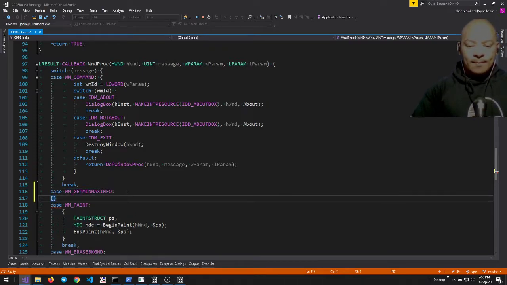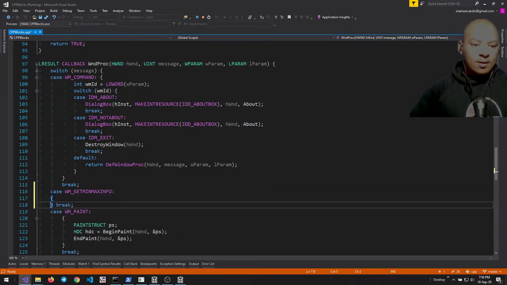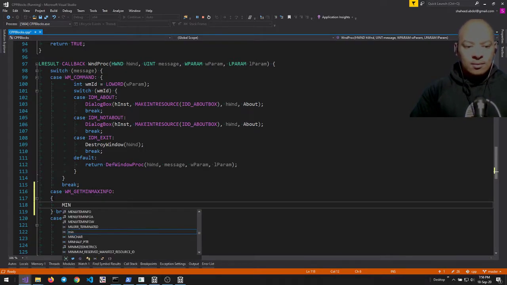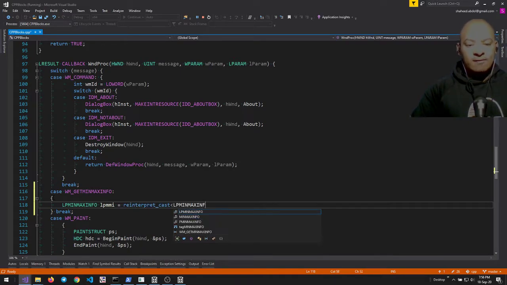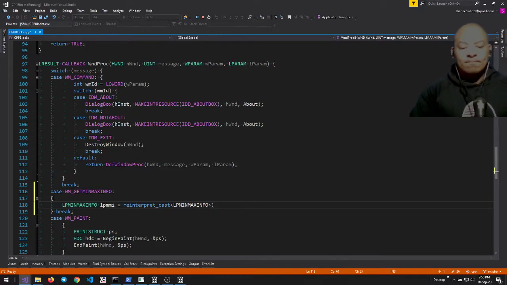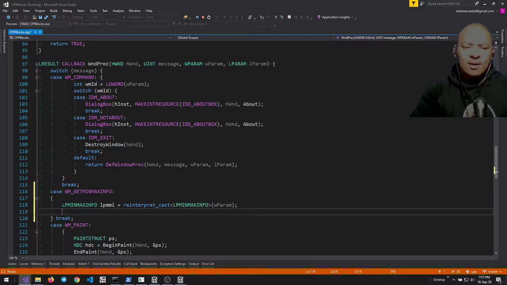MINMAXINFO, LPMINMAXINFO. LPMMI equals, let's just do a reinterpret_cast, LPMINMAXINFO, lParam. I think that's it. And then LPMMI